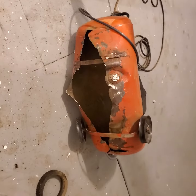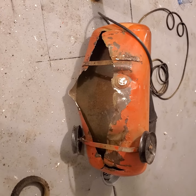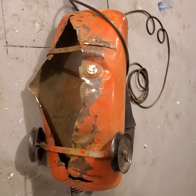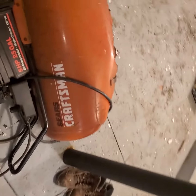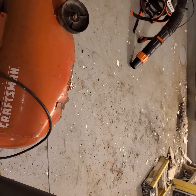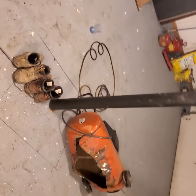I think what happens is that these things get old, and they get weaker on the bottom, and over time they get weak, and then this is what can happen. But to me, it doesn't matter if the valve is working or not, or if you drain the tank properly or not. It doesn't matter. What matters is that it can happen,